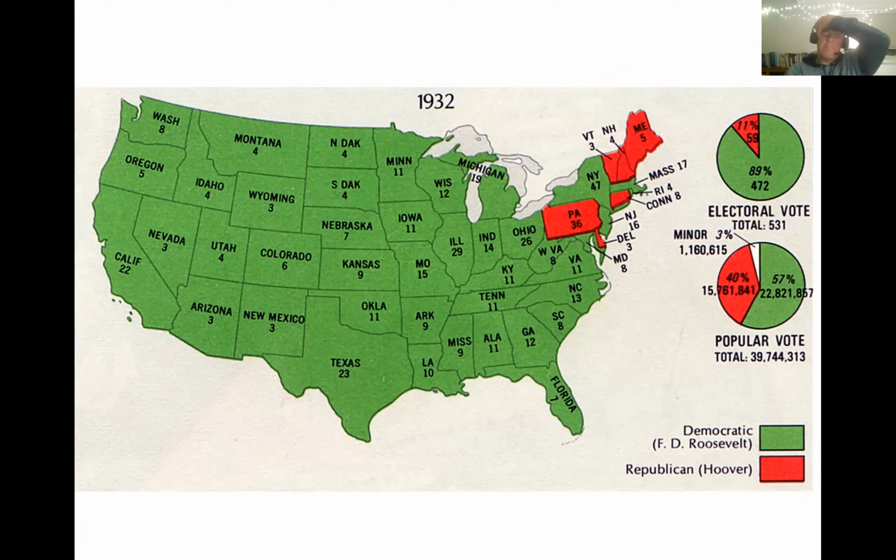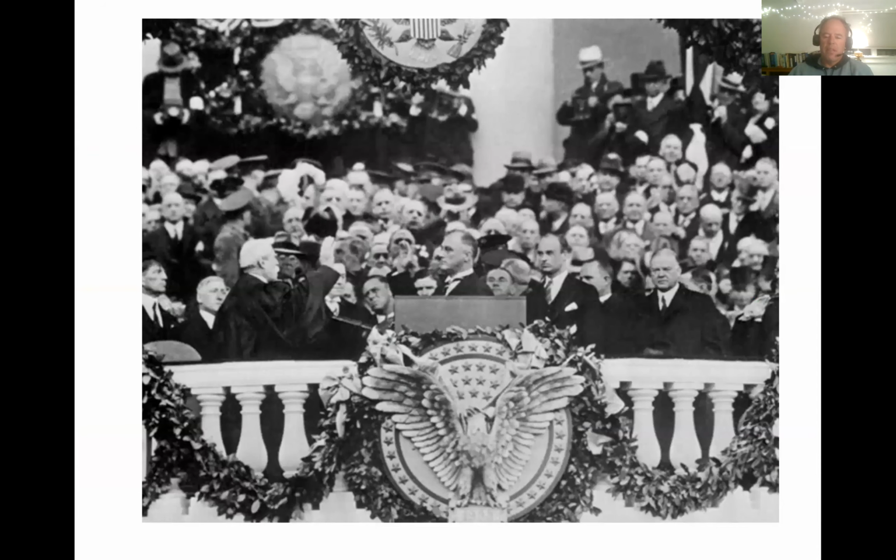In the U.S., by this point, the Depression has had sort of terrible consequences, and FDR sweeps the country. This is a map of the 1932 presidential election. The Democratic performance here is in green. The Republican performance is in red. Roosevelt wins throughout the South, throughout the Midwest, throughout the West, and even does reasonably well in the Northeast, which traditionally had been a Republican bastion in national politics.